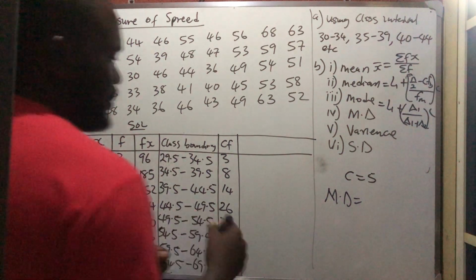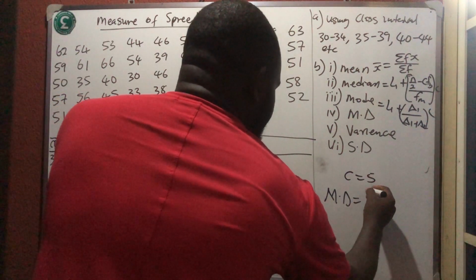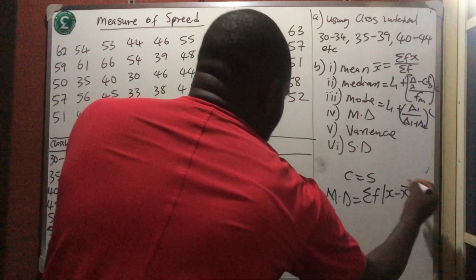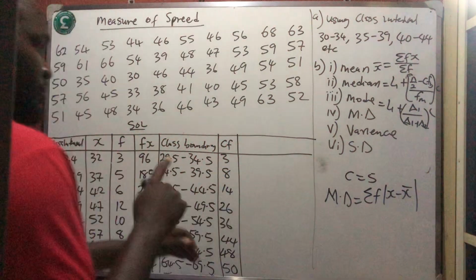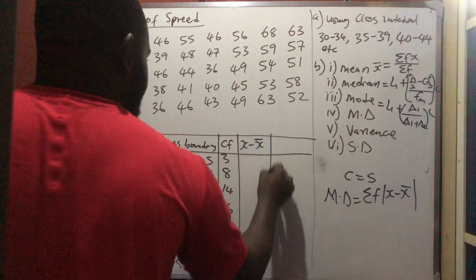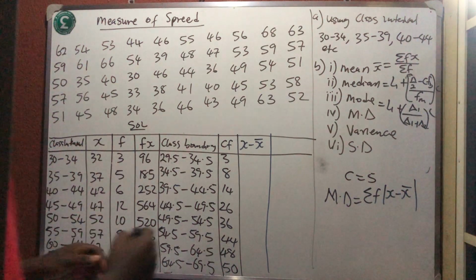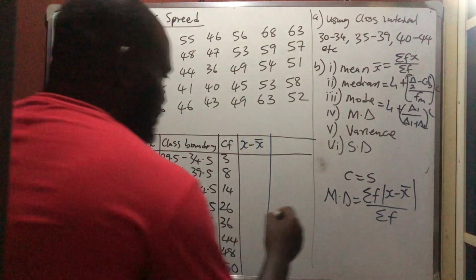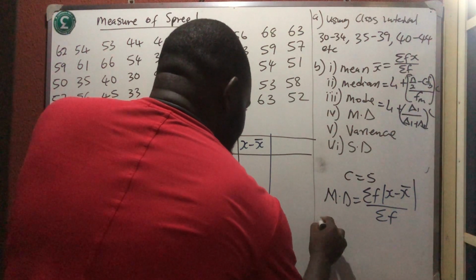The mean deviation is simply summation f, absolute value of x minus x bar, all over summation f. Okay, we need x minus x bar. That is that. But for the standard deviation, the variance